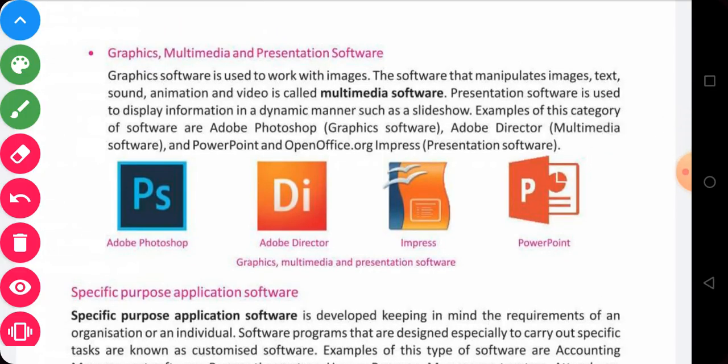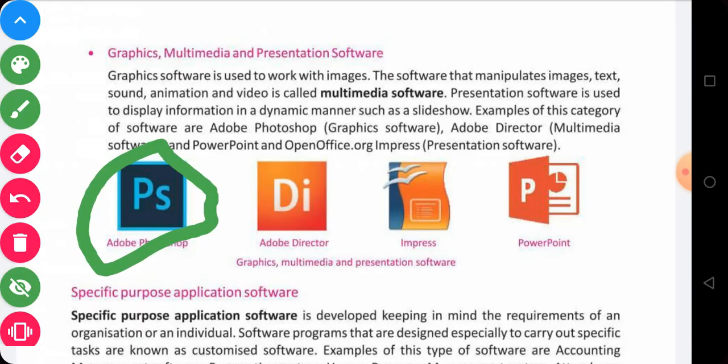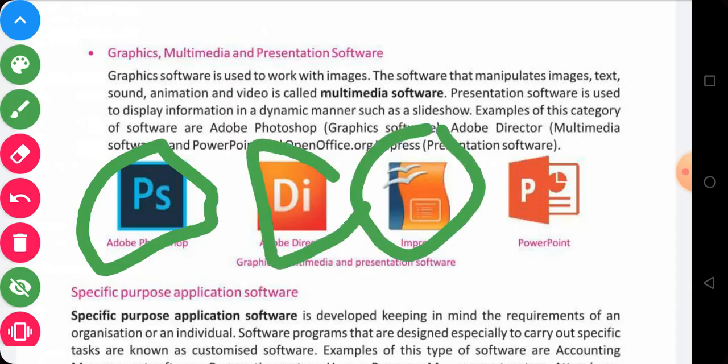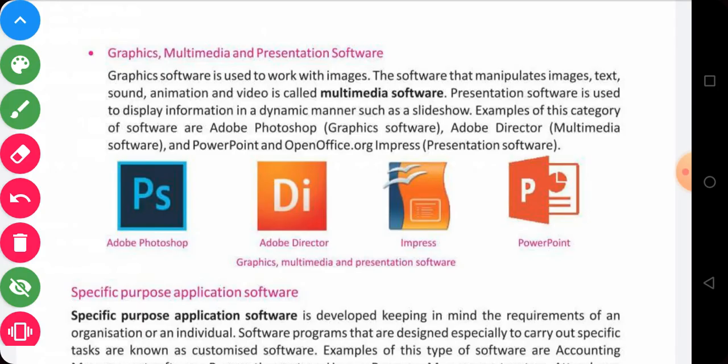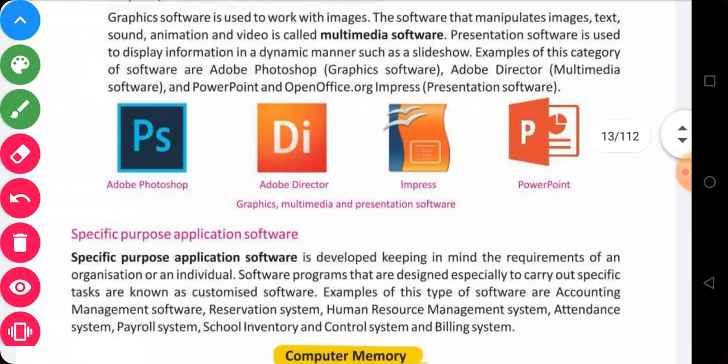For such applications, we generally use graphic media presentation software, and a popular one is Adobe Photoshop, which is used to apply any editing effect to a photo. Adobe Director, Impress, and PowerPoint, which we generally use for presentation purposes only. These are all kinds of multimedia presentation software.